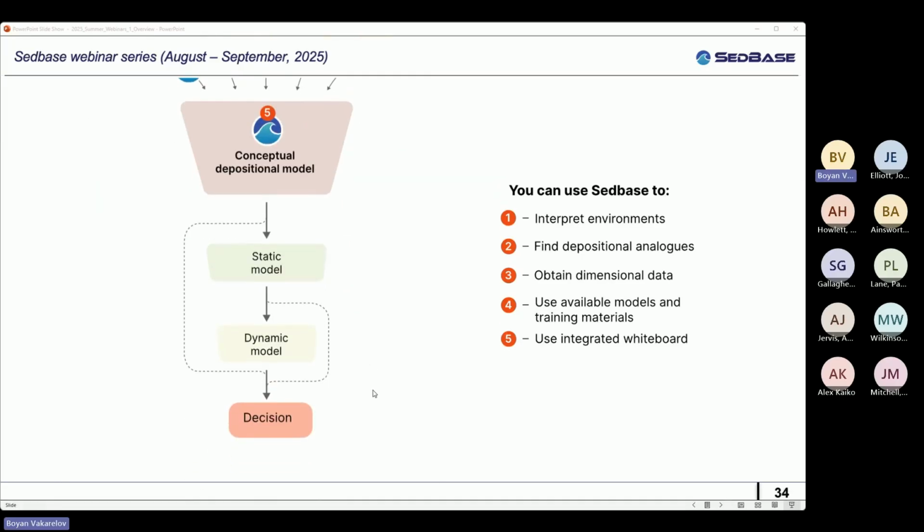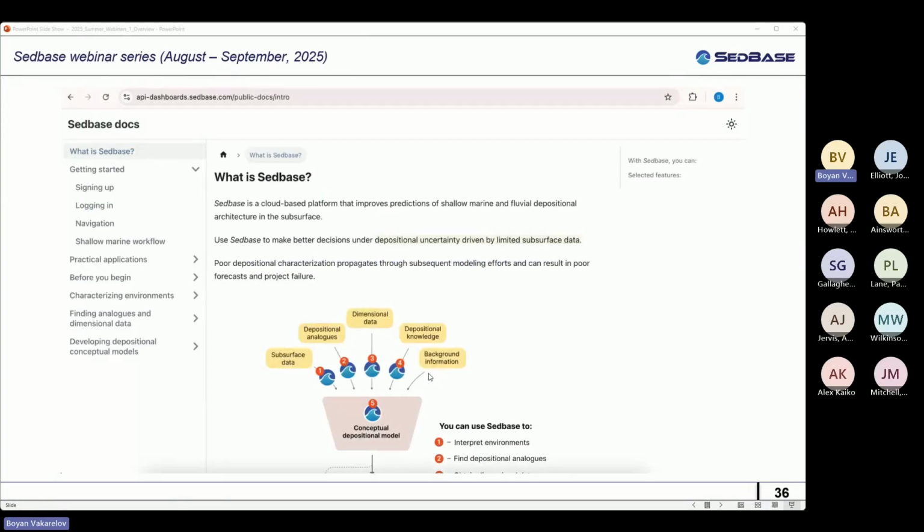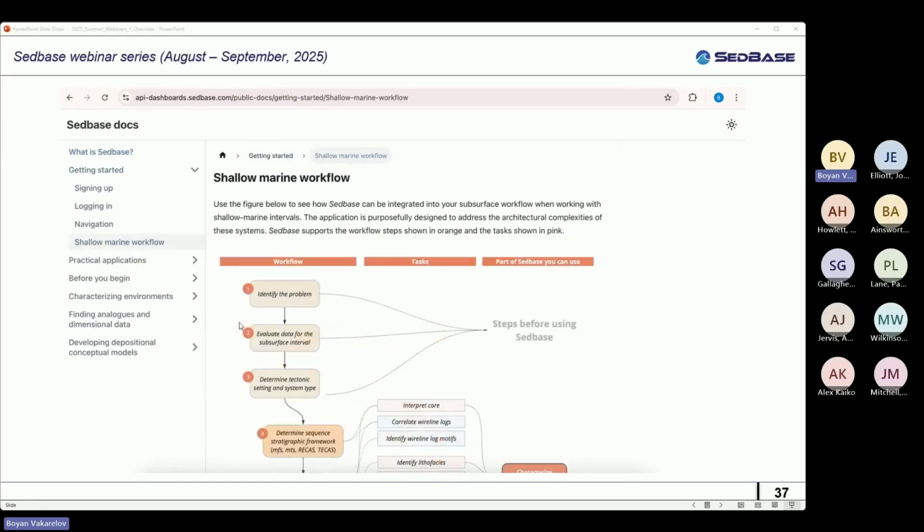So hopefully all of this early on makes its way through to the final outputs. Just to illustrate how something like this works, if you go to the documentation page, which I showed you just in the beginning, this is the main page of the documentation. If you click here on shallow marine workflow, there's a fairly detailed workflow